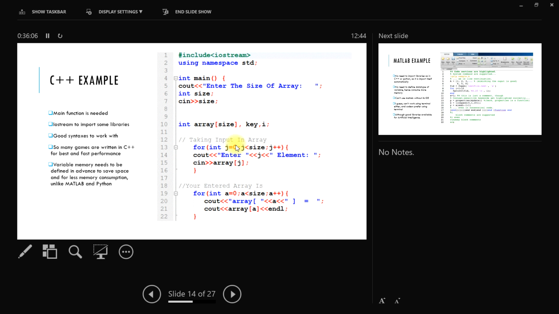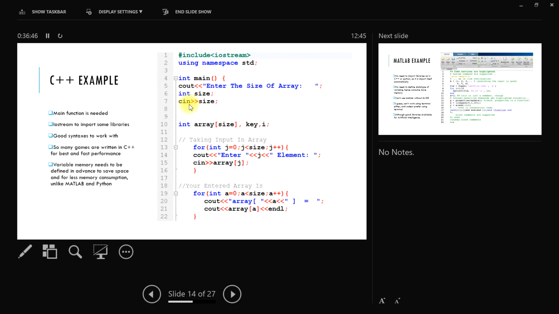The cin with the greater-than operator is like assigning a value; it's giving a value to size. When you run this program, something will appear on the terminal: enter the size of array. You will enter some numeric value from the keyboard. Suppose you enter 5. Then that 5 will be stored in size. After that the program will run. It will stop over here. This is how cin works. This is the syntax in C++. Let's not go into the detail of syntaxes, I guess.